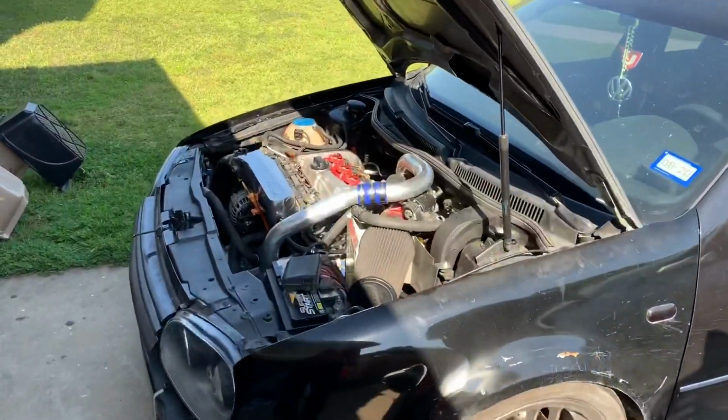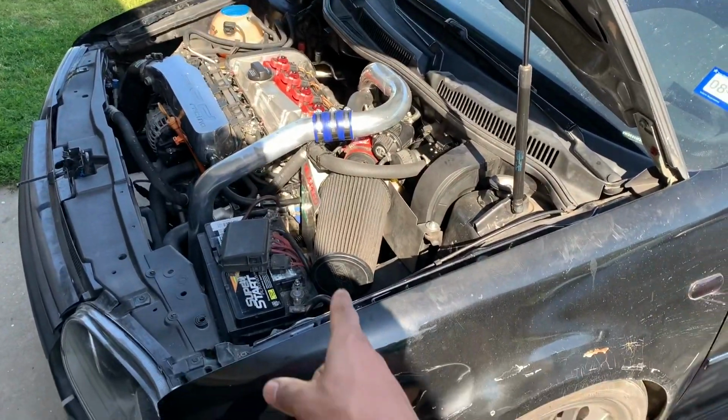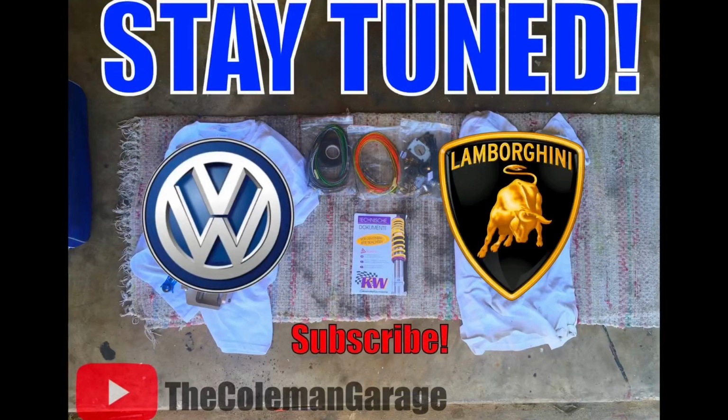But what I'm mostly excited about is something I just picked up for the black car, and it's these right here. If you don't know what these are, this is actually